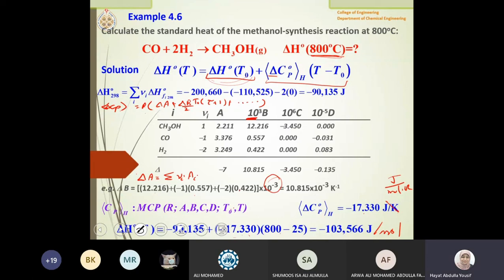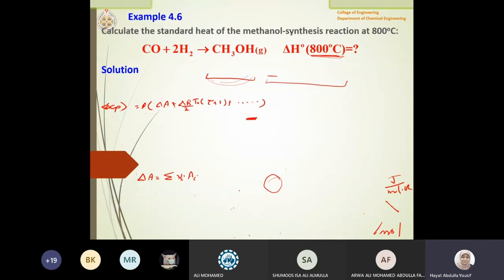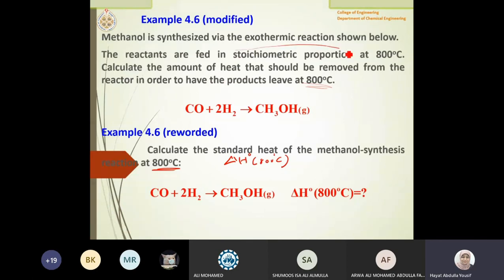Here you did not need to use extent of reaction, or the material balance, for a reason. According to the question, they made it clear that you have 1 mole of CO and 2 moles of hydrogen and 1 mole of CH3OH produced. Next lecture, we will make it more complicated. You can see that in the question they said it is in stoichiometric proportion. Life is easy: according to the stoichiometric proportion, this is what we had.